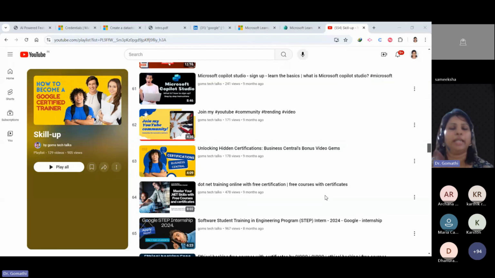Third one is, be ready with your resume, your transcripts, your certifications, your cover letter, your letter of recommendation. Like, what is a letter of recommendation? Many people don't even know what a letter of recommendation is. So you should get some recommendations from your class teachers or someone, which will be helpful for you to apply. So keep all these things ready.